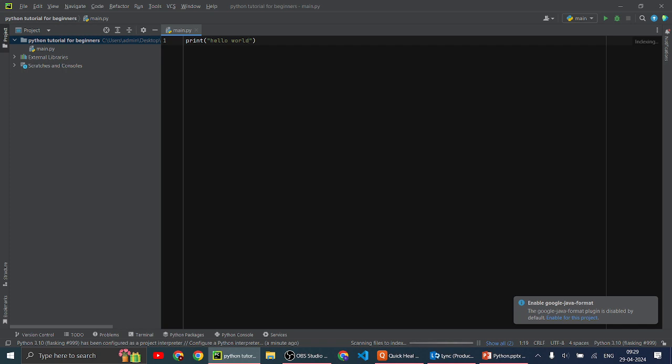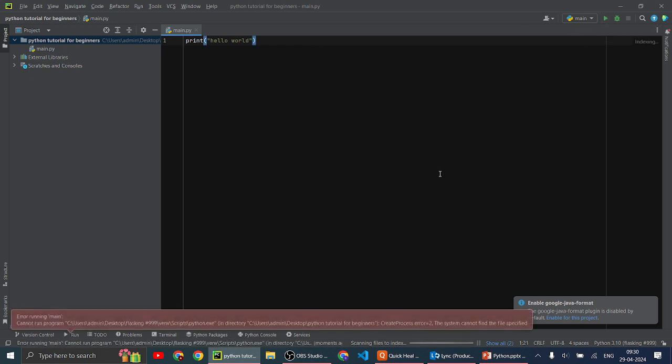This is the print function, which is used to print many things in Python, like variables, strings, integers, etc. So this is the Hello World program.